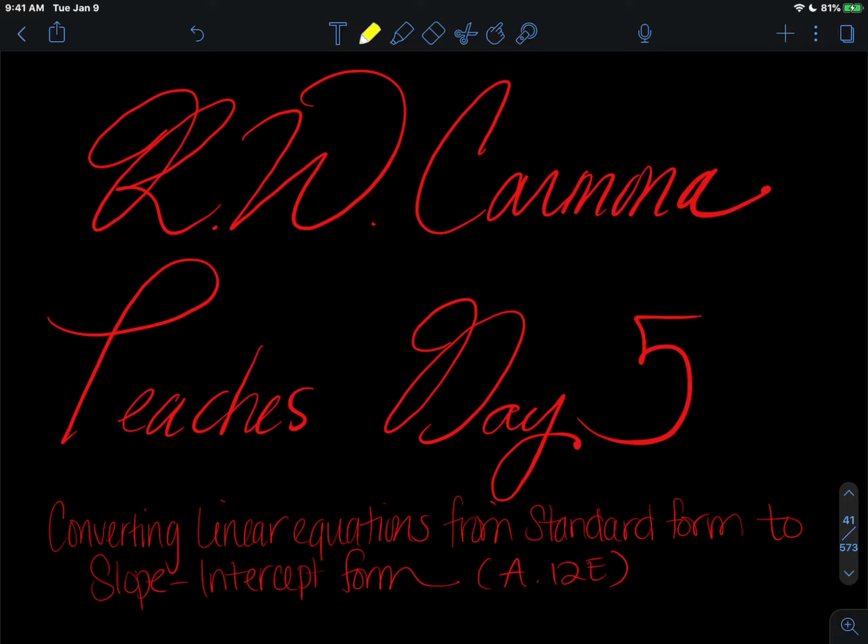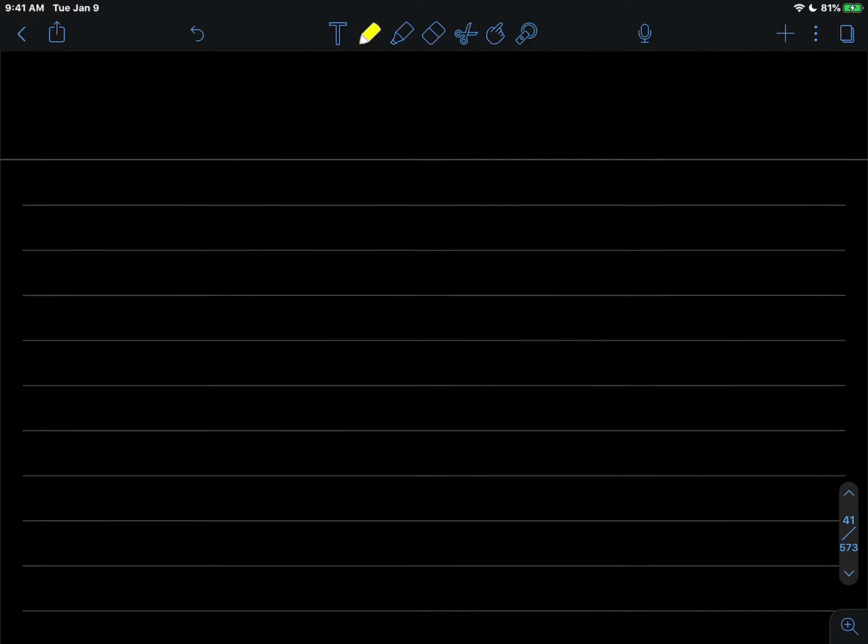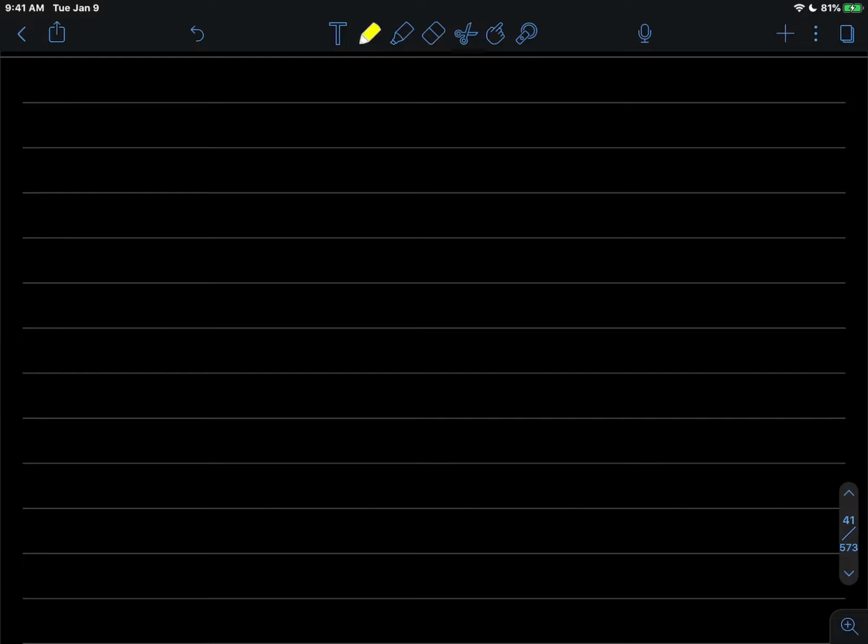Alrighty, Algebra 1, Day 5, converting linear equations from standard form to slope-intercept form. So, let's go ahead and talk a little bit about what in the world this is, okay? First of all, remember, as I told you, there's usually a standard form for everything. It's usually alphabetical order, biggest exponent to smallest, right? So, standard form